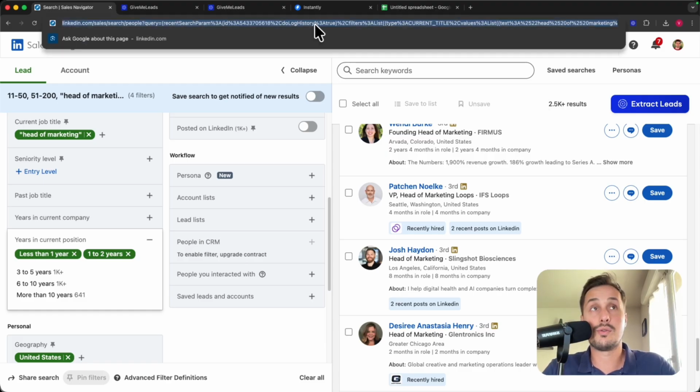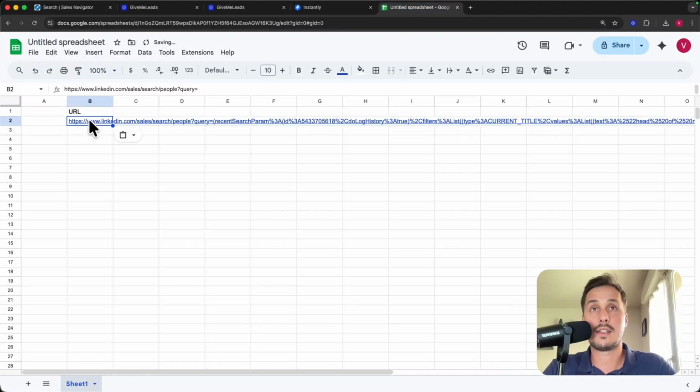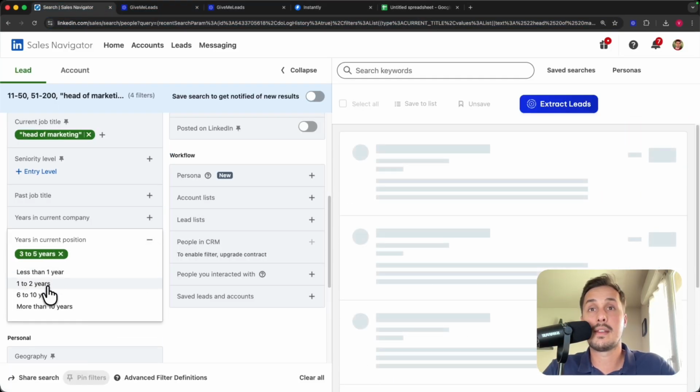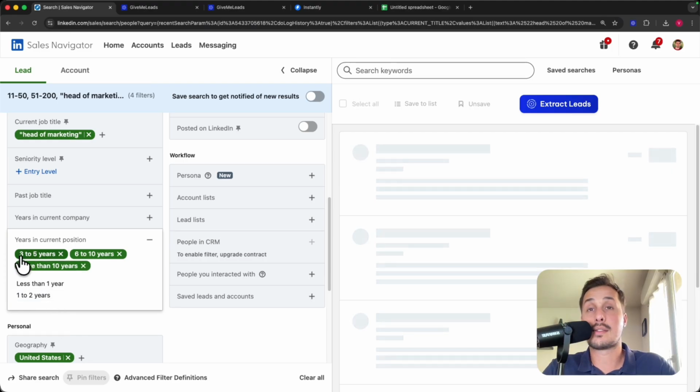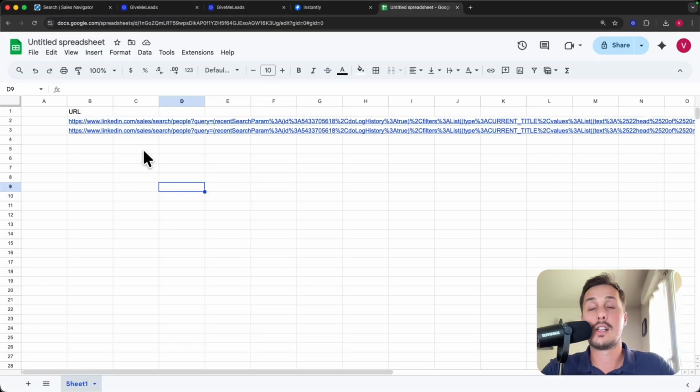Now what you need to do is copy your LinkedIn Sales Navigator URL. Then you open a sheet, you paste, and the next step is to remove these two filters. Then we select from 3 years to more than 10 years. And here you see that this time we have 2,500 leads. So by splitting your search into several searches, like in this example, you will be able to get all the leads